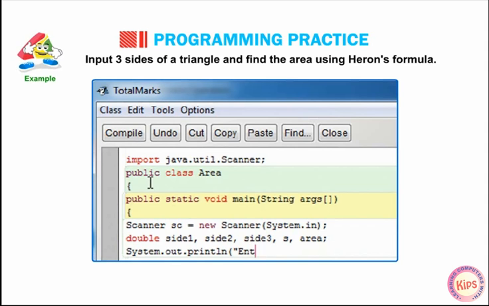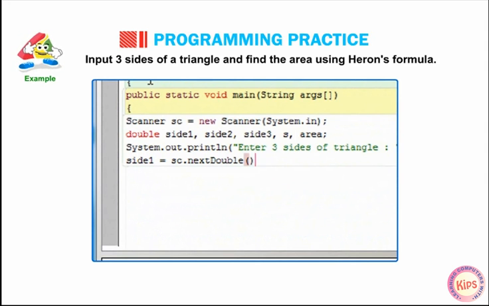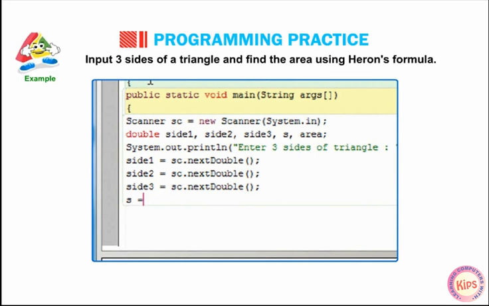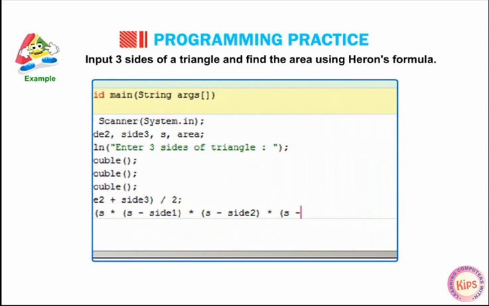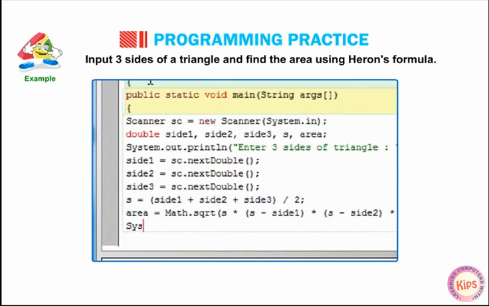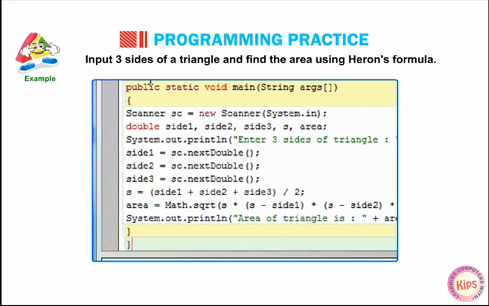System.out.println("Enter 3 sides of triangle:"); side1 = sc.nextDouble(); side2 = sc.nextDouble(); side3 = sc.nextDouble(); S = (side1 + side2 + side3) / 2; area = Math.sqrt(S * (S - side1) * (S - side2) * (S - side3)); System.out.println("Area of triangle is:" + area); } }